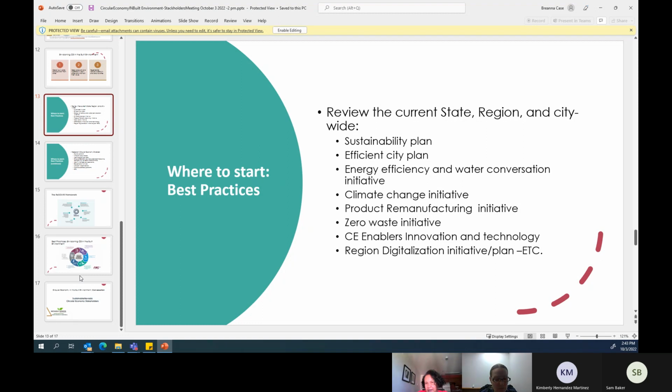Sustainability, by the way, let me share with you: when you design a sustainability plan, you don't just start from scratch. I developed one for a city. Based on the city comprehensive plan, we take it and ask, is there any place we can plug it in? Anything with sustainability. The difference is we need to have a sustainability commitment or mission. That is very important. That is the anchor.